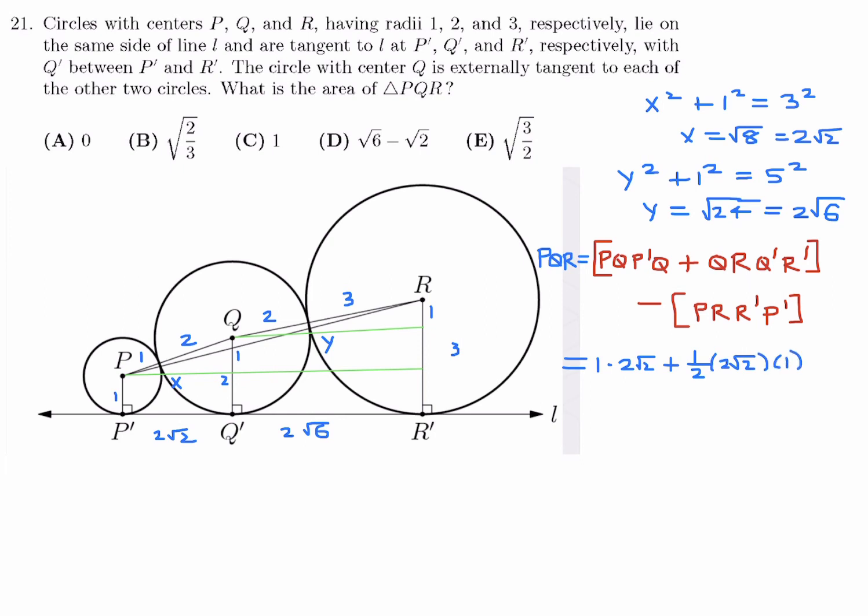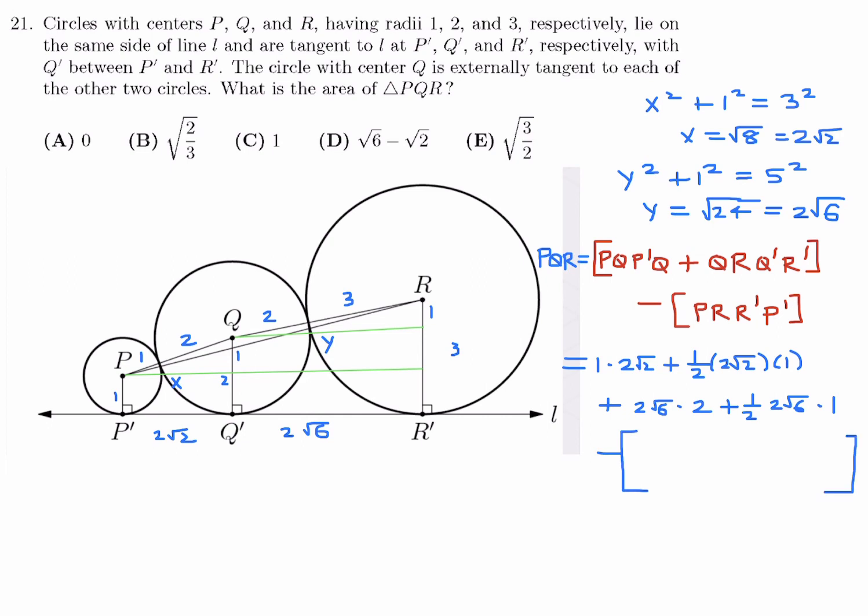Then we move on to this shape, and very similarly, we have initially a rectangle, so 2 root 6 times 2, and then add to that a triangle, and that will be 1/2 base 2 root 6 times 1. And then subtract from that